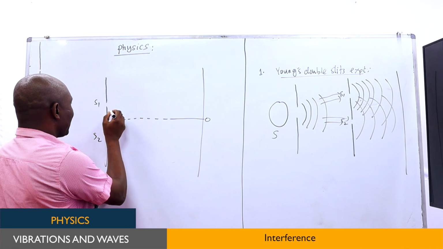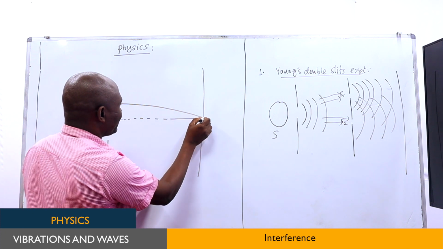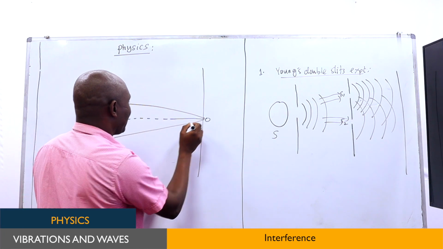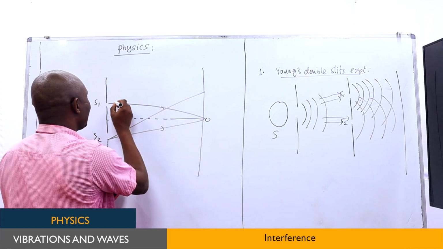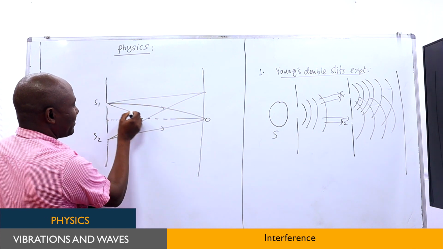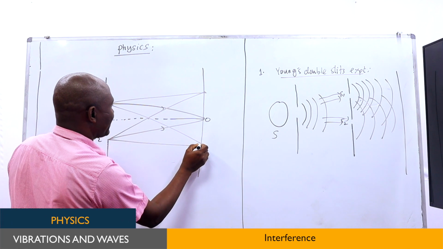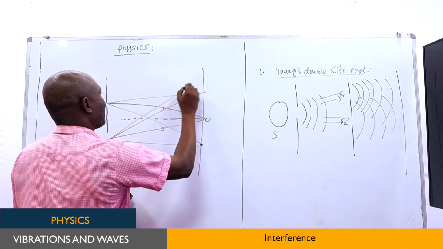One wave is coming here, another wave is coming here, so they meet somewhere here. Another wave is coming here, they normally meet. Another wave is coming from two sources, they meet somewhere. And then